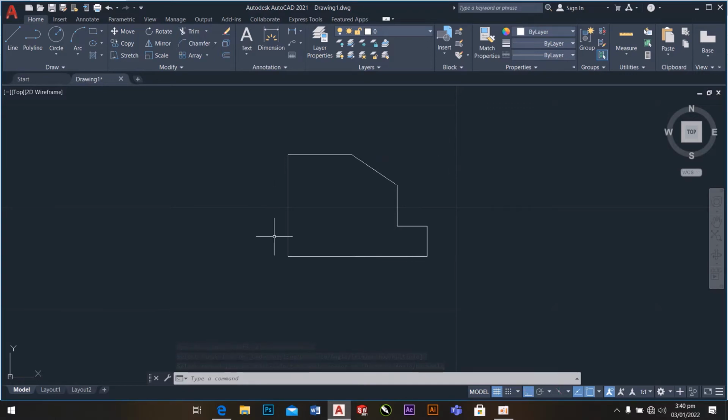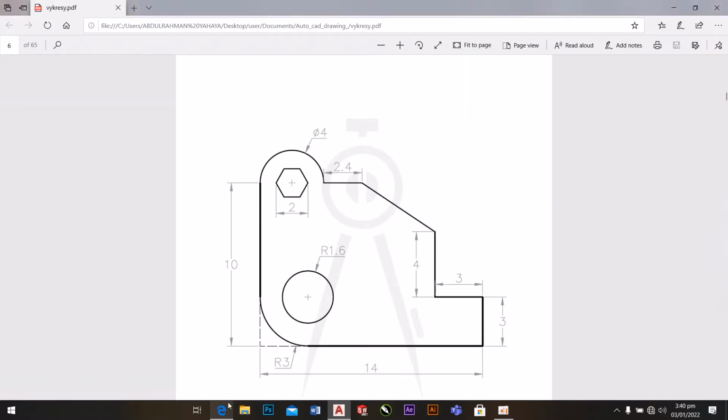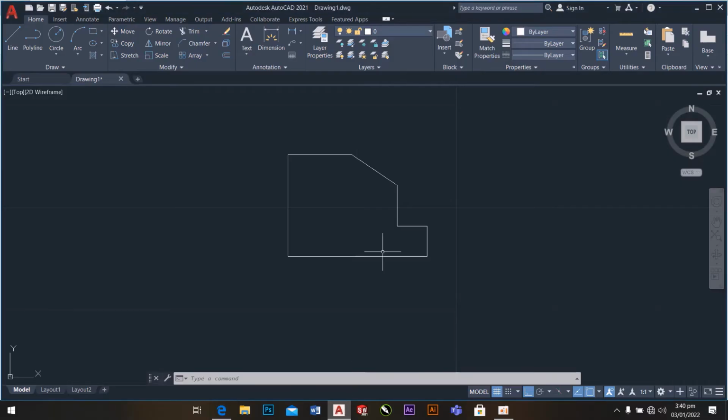So our next step is for us to draw a circle, which is this circle and this circle, and also a fillet here and a polygon. In drawing this, we know that the fillet here, the radius is given to us as 3, which means the distance from here to here is 3, which is same as the center of this circle. That means the distance from here to here is given to us as 3, and the radius of the circle is 1.6. So we can draw a line from here